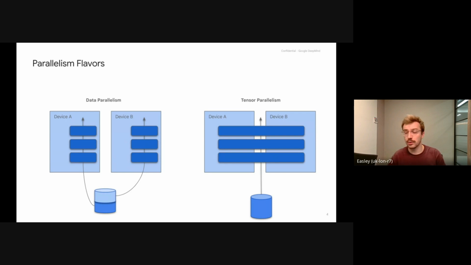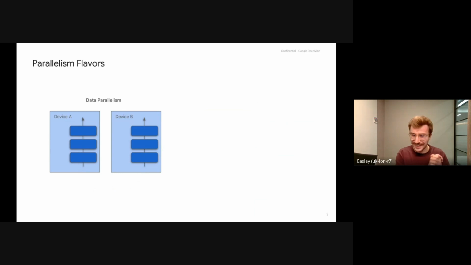Then on the right, you have tensor parallelism. There's also another alternative called pipeline parallelism. The idea is similar. In tensor parallelism, if your model is too big, you cannot process it on a single device because there are too many parameters. Therefore, you can just split it across multiple devices. In our case, we're going to focus on data parallelism only. Our method is compatible with data parallelism, tensor parallelism, etc., but it's a new kind of data parallelism.